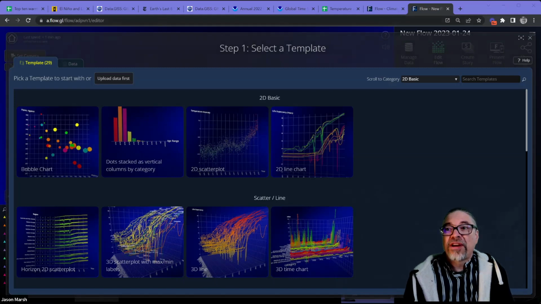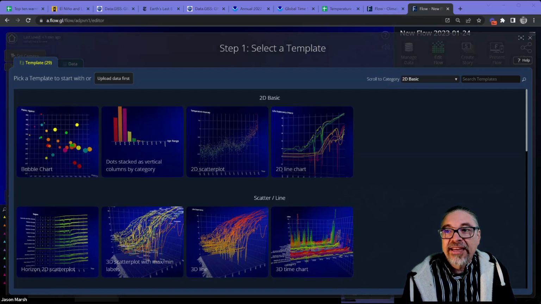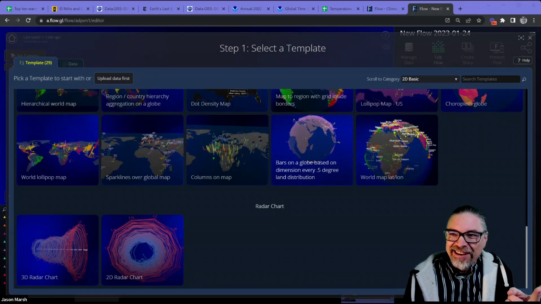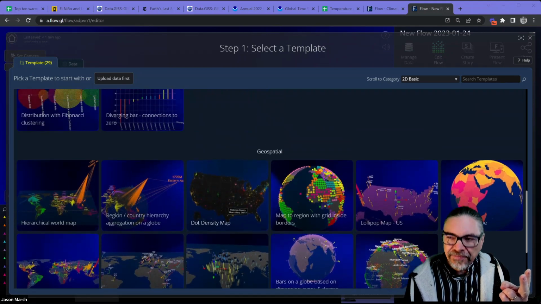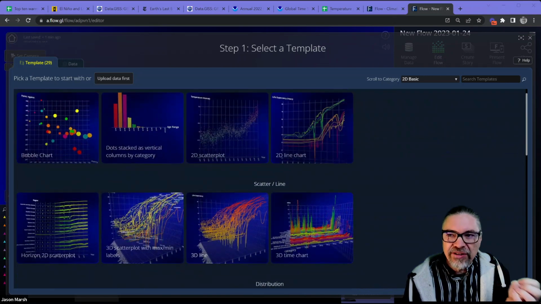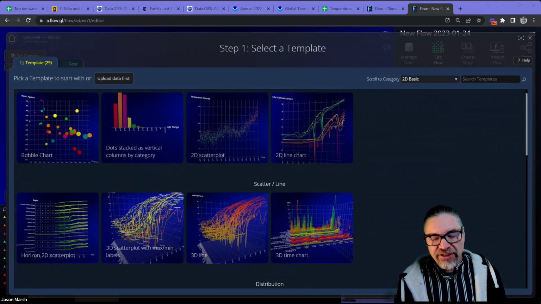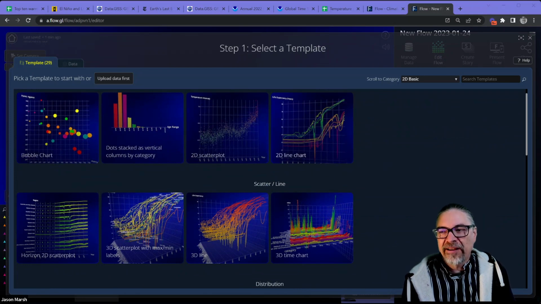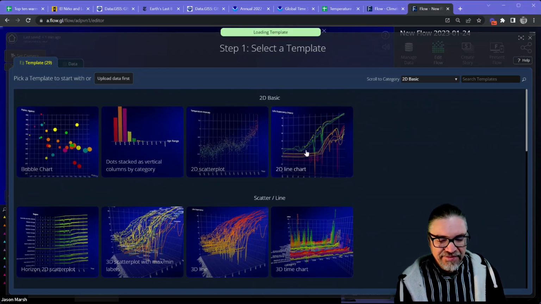The first thing after you come to a.flow.gl, which is our main app website, and you click create new flow, it's going to pop you into the select a template mode. The templates do two things. On one level, they just show you a bunch of really interesting things you can do with flow and different visualizations. And another is it gives you a great starting point, because there's lots of parts and pieces to create a visualization, and this just bundles them up and puts them into space for you in a quick and easy way. In this case, I'm going to start with a 2D line chart, one of our very simple views.